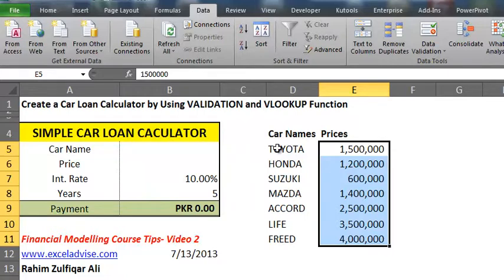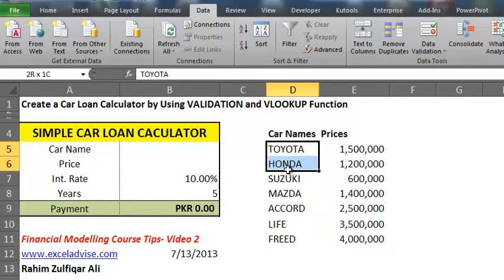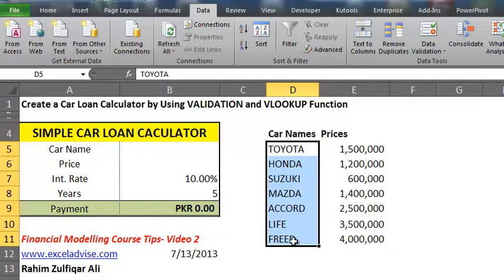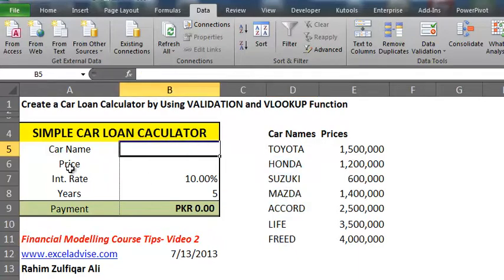named range for cars. Let's select these names of cars and go to the name box, and instead of D5 write cars. So we have just created a named range here, and now we will go to B5 where the car names will be shown.